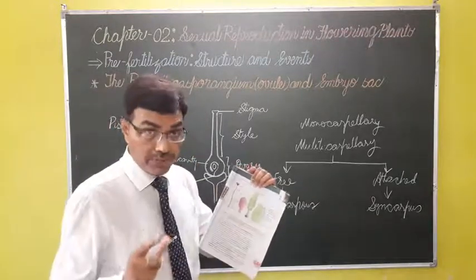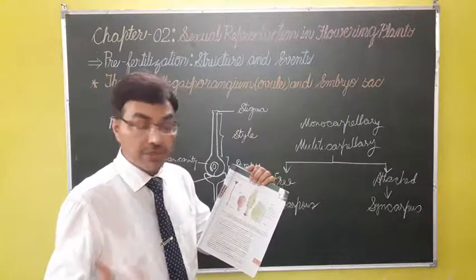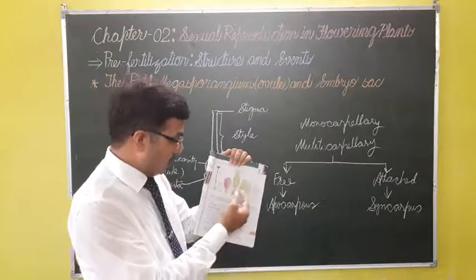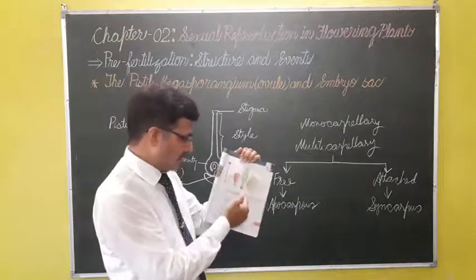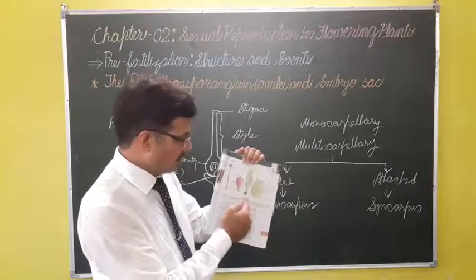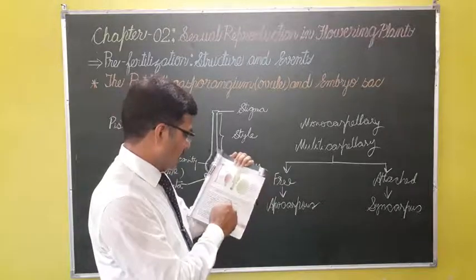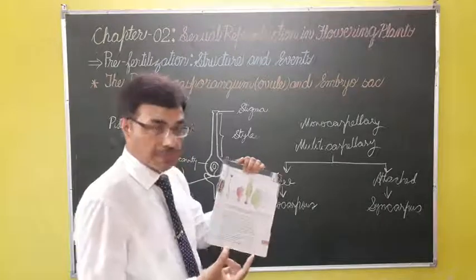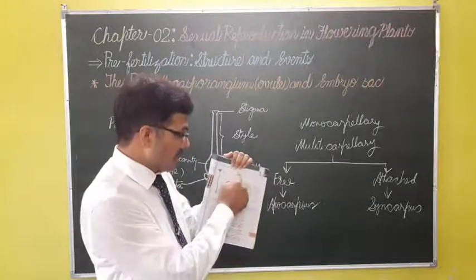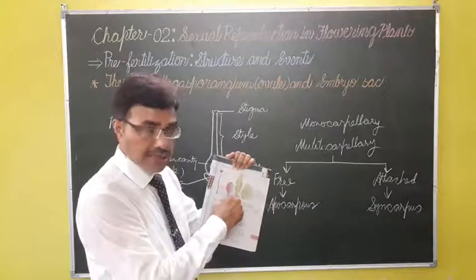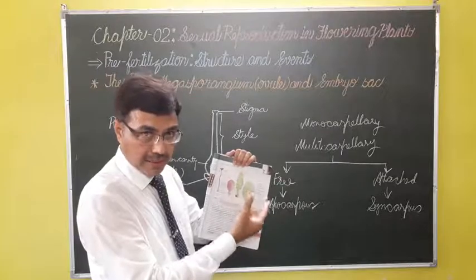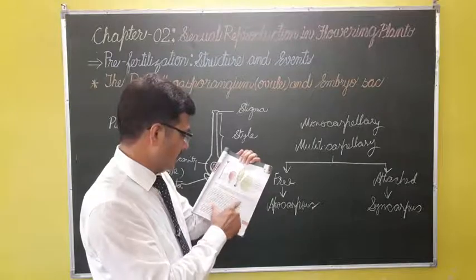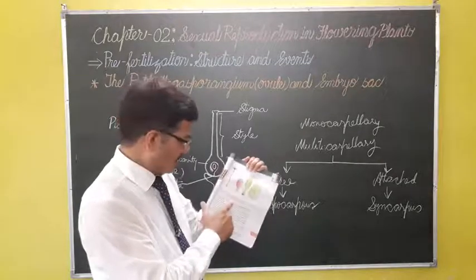It's a very important question. Very often it is asked in the board examination. From this figure only the question is asked. Now one more part, B picture, here it is given, in which the gynoecium is showing the apocarpous condition. Here the pistils are separate, visible very clearly. And the example for this is Michelia.